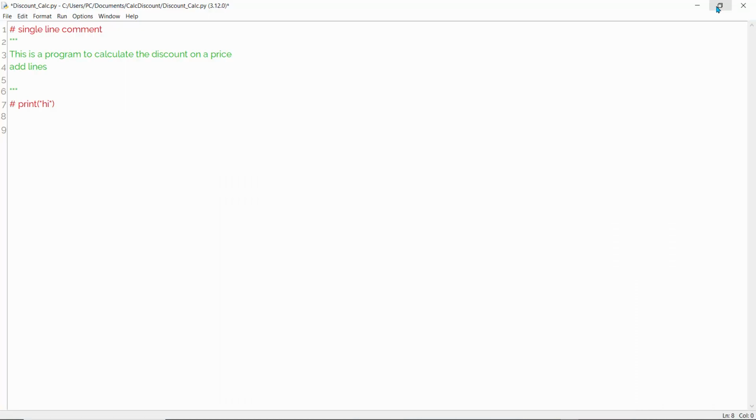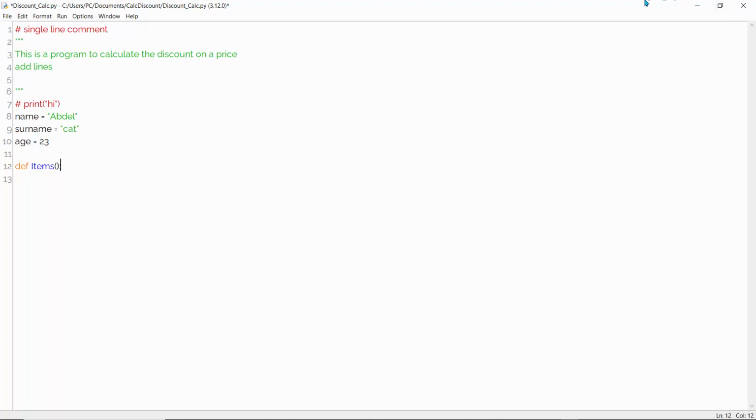So first, I'm going to create a function. A function allows you to group specific statements together. For instance, if I have a statement that says name equals Adele, and here I just say surname equals Cat, and I say age equals 23. If I wanted to group all these together, I'll just create a function. I'll use def, and I'll just say items or something like that, open and closing parentheses,